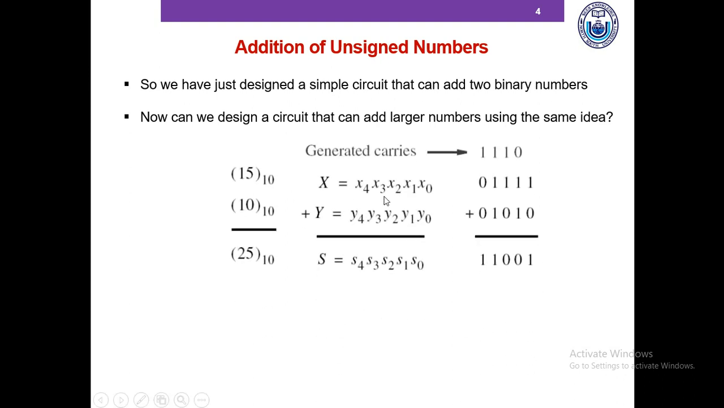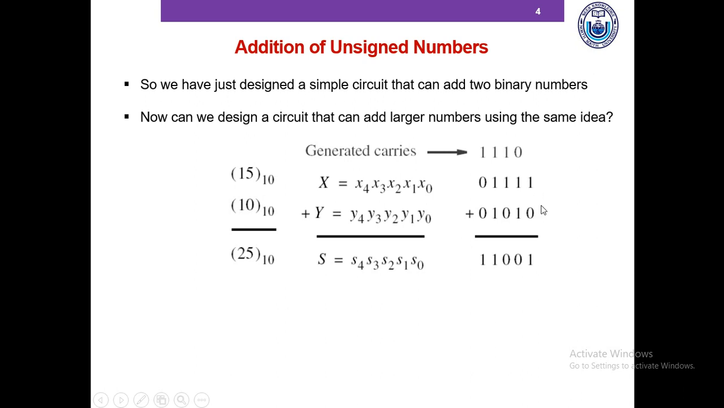Let's say we're trying to design a circuit that can add 2 larger numbers, let's say 5-bit numbers. The first number is x and the second number is y. We're basically trying to sum 15 and 10 here. This is the binary representation of 15, and this is the binary representation of 10. So as we sum the